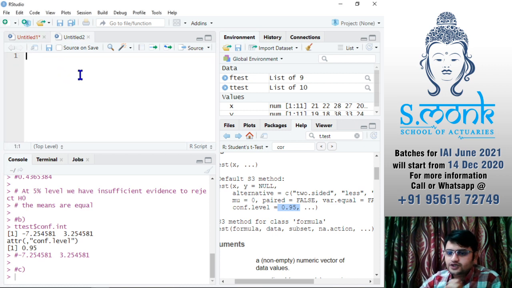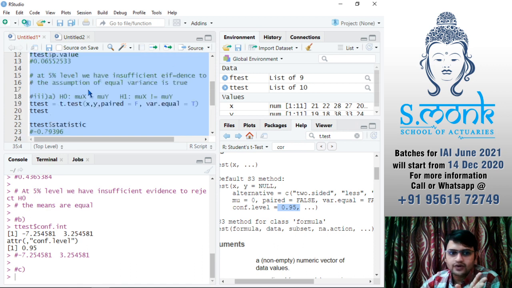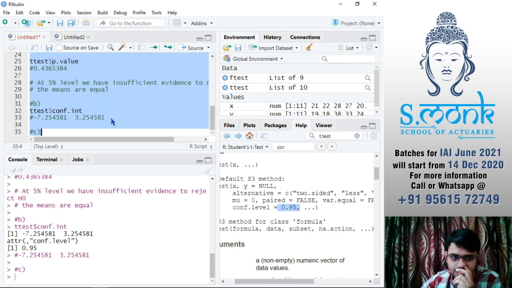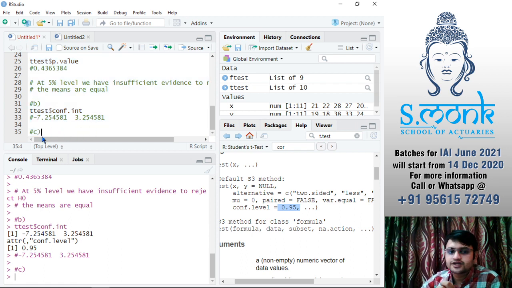You can do this also, that you just write all your answers as scripts first, and then at the end, when 5 minutes are left, just copy paste all the questions from here. But in that, always remember, you cannot copy paste a graph in your R script. We cannot paste a graph in the script. So for that you should keep more time. You should remember which question had graphs and which did not. Okay.